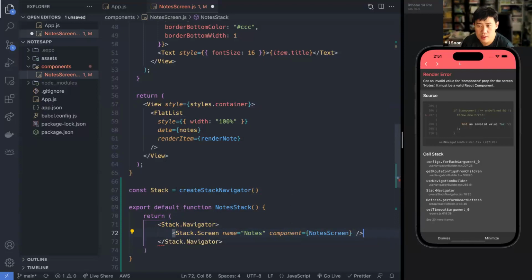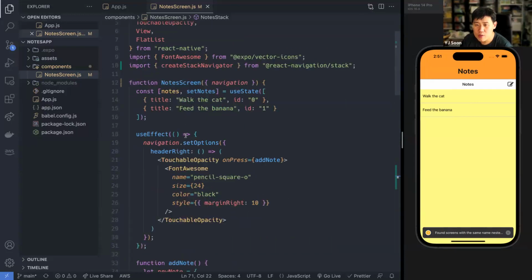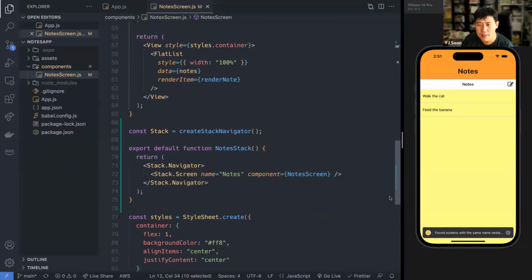Okay, so let's close this up. All right, so now it's a bit weird, right? You have notes and you have notes, okay? And you'll notice something strange just happened. This thing has inherited the button, because when you say use effect, it's asking its navigation for it, and its direct navigation is actually this particular stack. The one that it's in is actually now here, right?